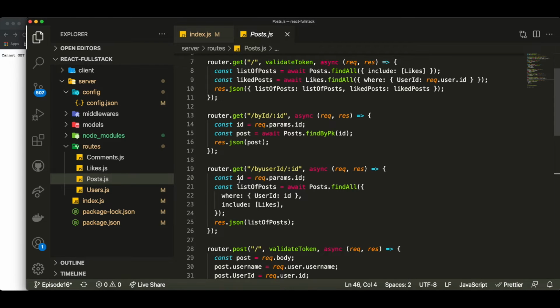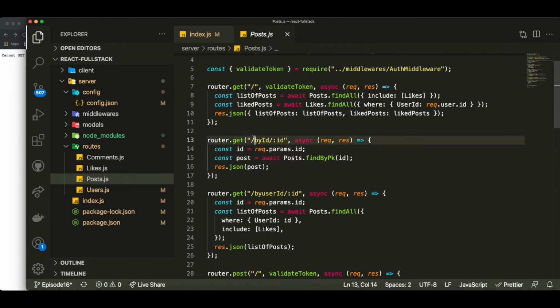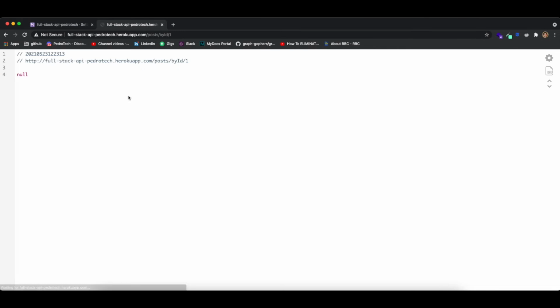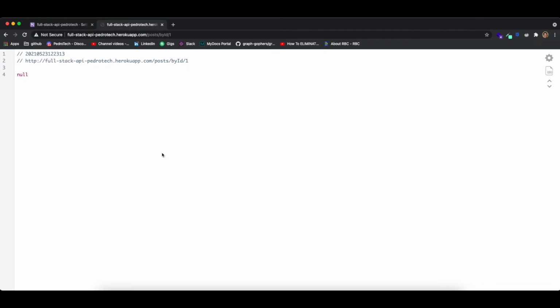the fact that, for example, if I went to a route in an application, such as the post route, and we try to get a post by ID, right? We've created in our database a post with ID 1. That's something we did. However, if I try to go to /posts/byId/1, which is the post with ID 1, you'll see it will return nothing. It says that it works, meaning that it recognizes that this is a route, but it doesn't return the post with ID 1. And the reason for that is because we now connected to a new database, and that database may not even have